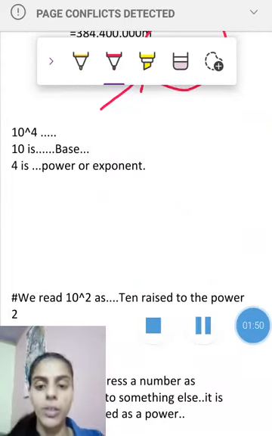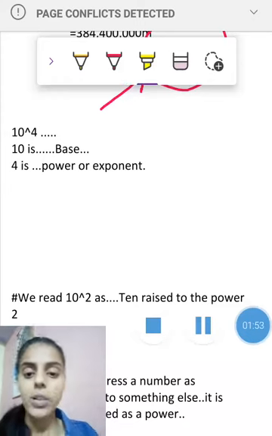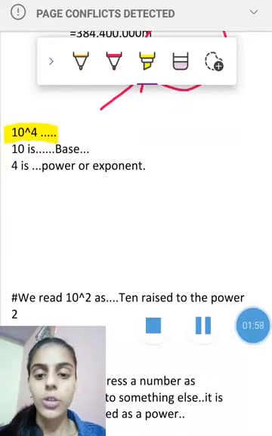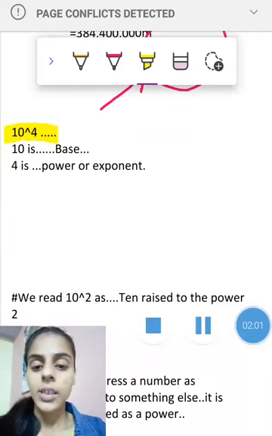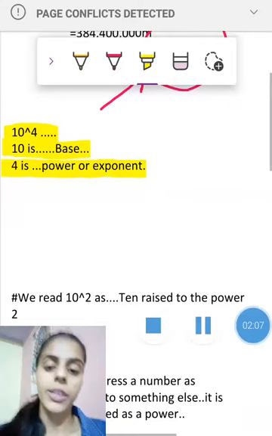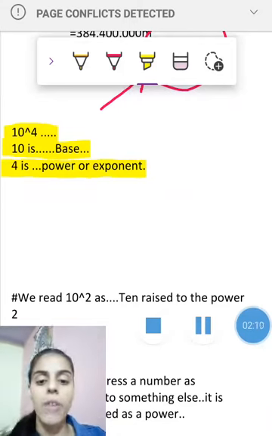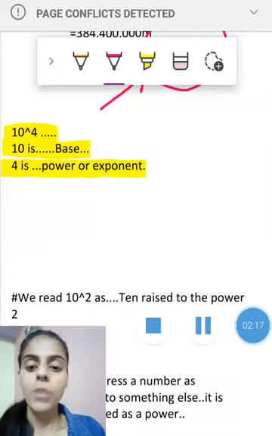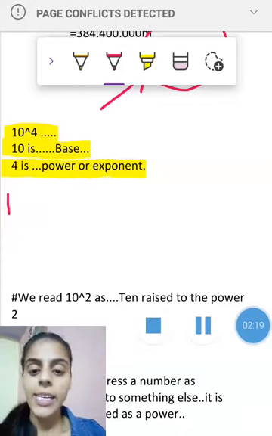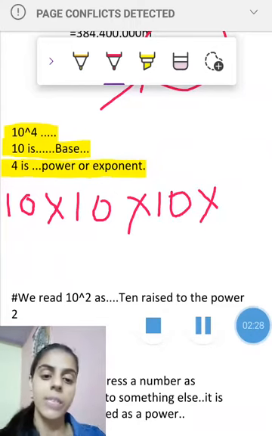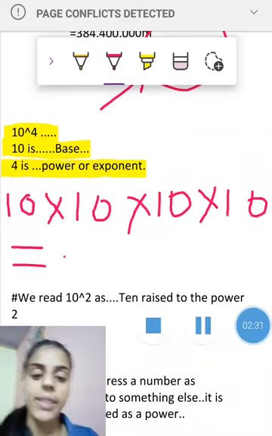Taking you further about this topic, here you can see I have written a number that is 10 raised to the power 4. Firstly you need to know that 10 is called the base and 4 is called the power or the exponent. Now what exactly does the power or the exponent do? If there is written 10 raised to the power 4, it simply means that 10 is multiplied by itself 4 times. That is 10 multiplied by 10 multiplied by 10 multiplied by 10,